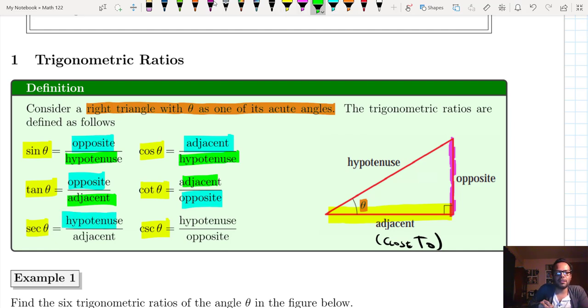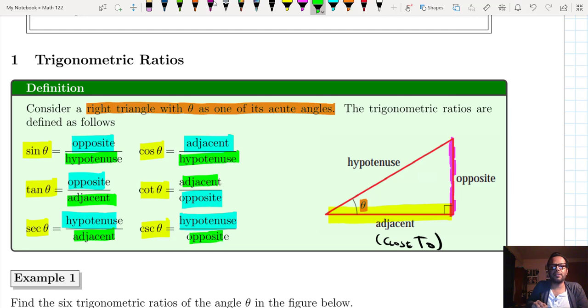You can see how secant is really the reciprocal of cosine. Secant is hypotenuse over adjacent, and cosine is the reciprocal, adjacent over hypotenuse. We're going to look at this later when we work with